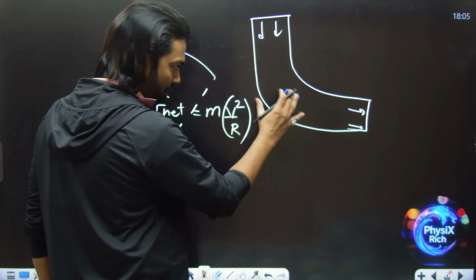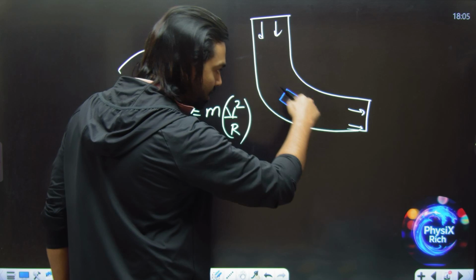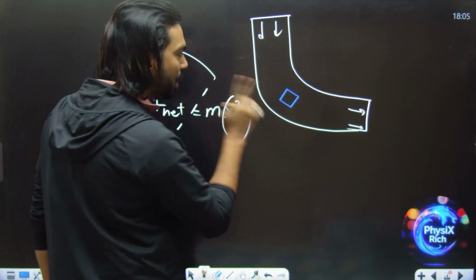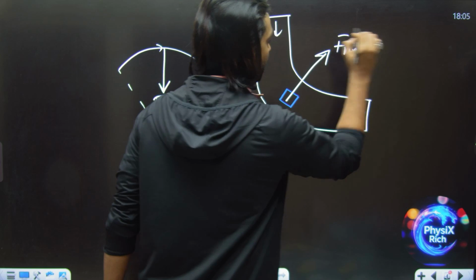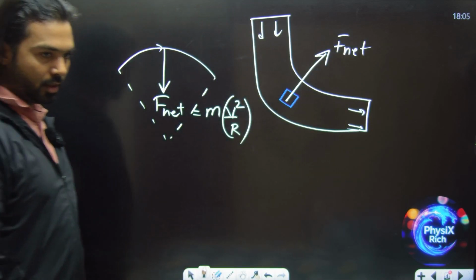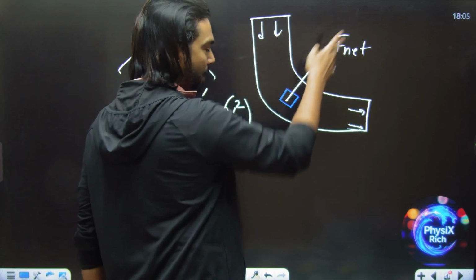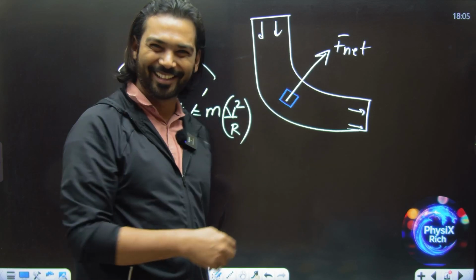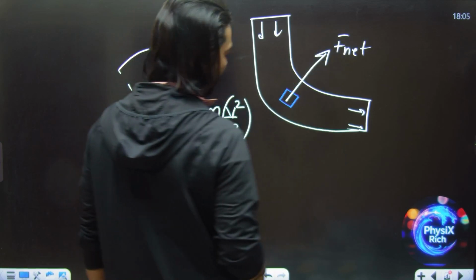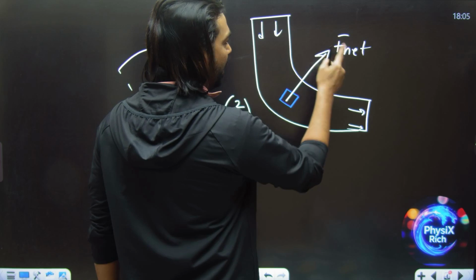Let's get back to our fluid element. If this is going into a curve, then there must be a net force in this direction. There must be a net force towards the center. I mean, you get it, right? That the center is not on this side. The center is obviously that side. Okay. Now, if there's a net force over here,